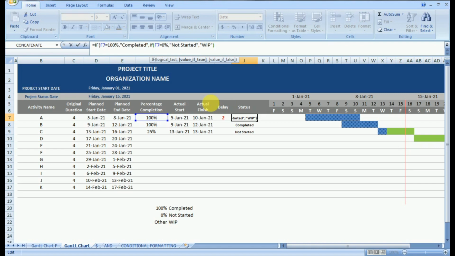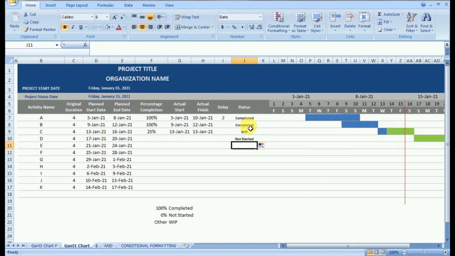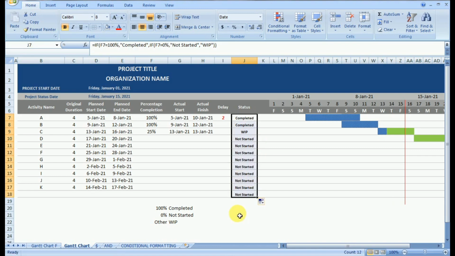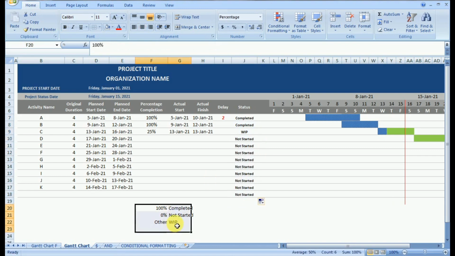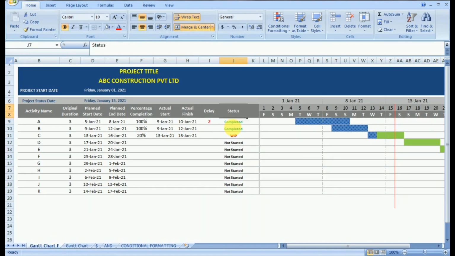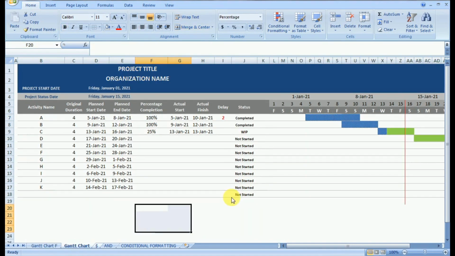If that condition is false, the output should be work in progress. Now let's activate this command and drag it. Now you can see this is the desired output which we expected. So we used the IF command to get the desired output based on the user input.